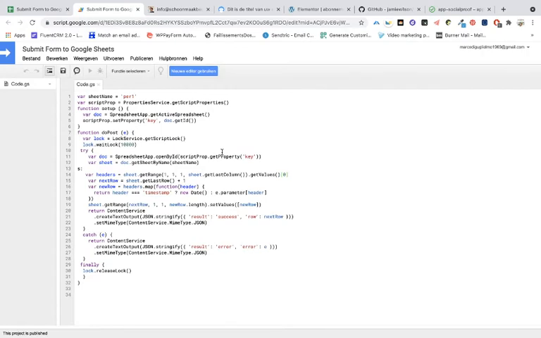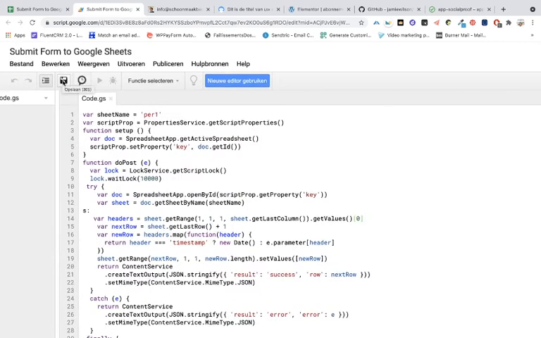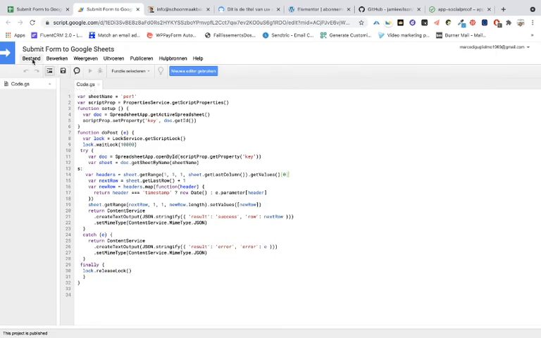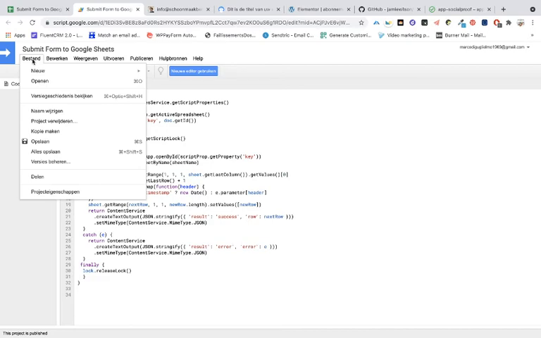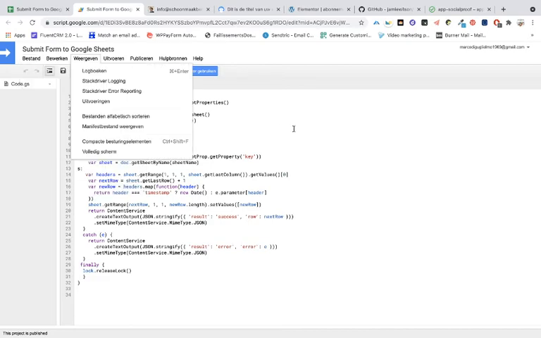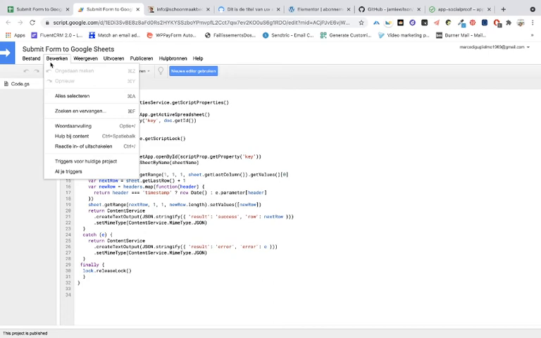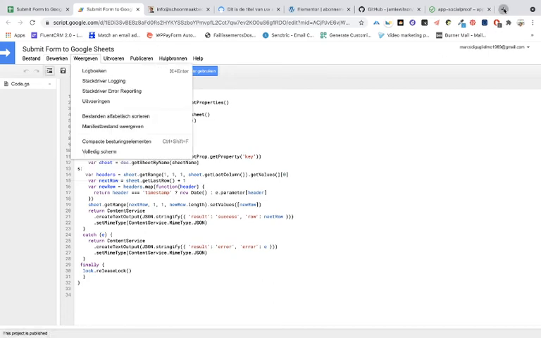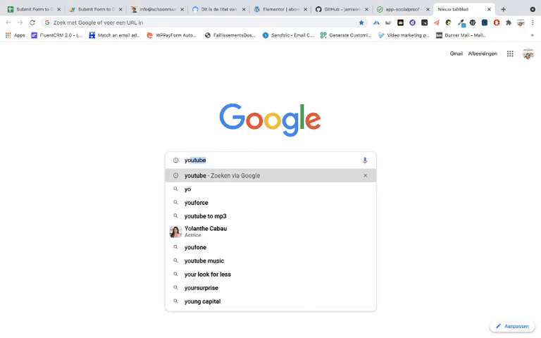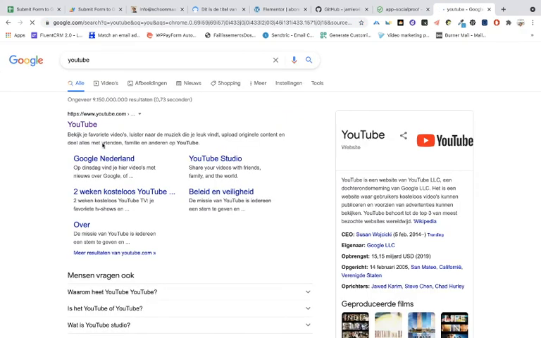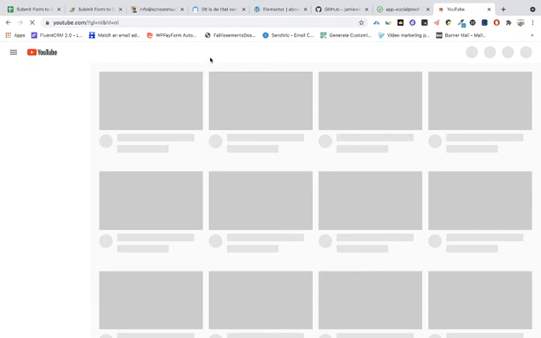So once you have done that, then you have to publish it, and you have to save the thing, and then you are ready to go. Now, if you don't know exactly how it works, then you can watch the other tutorial, because I already made a tutorial for that. But it's in my video tutorials on YouTube, and then you see here